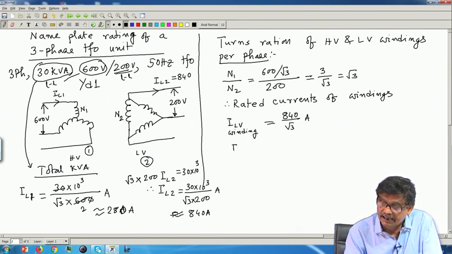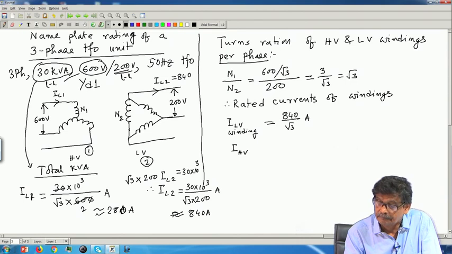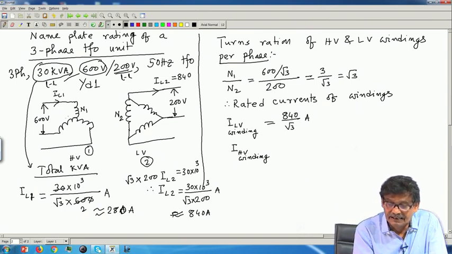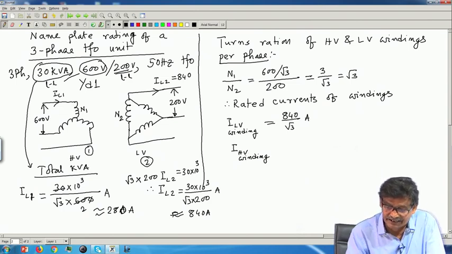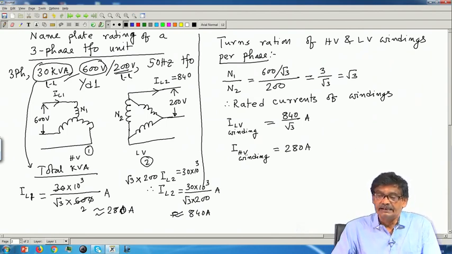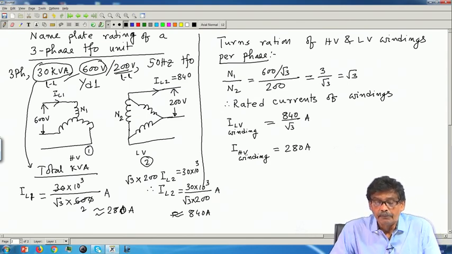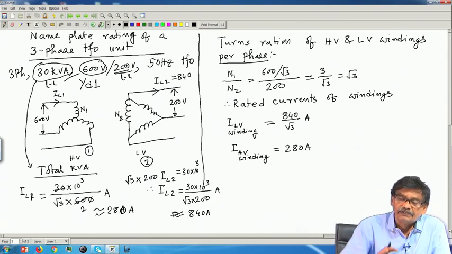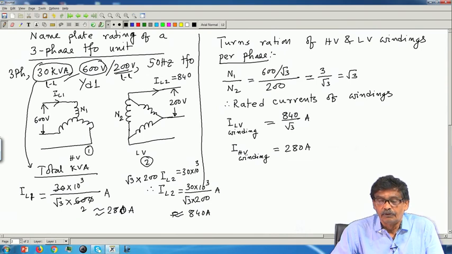Similarly, the HV winding rated current will be the same as the line current. So, that is 280 ampere. Getting the idea? Therefore, you must remember on the nameplate of a 3-phase transformer